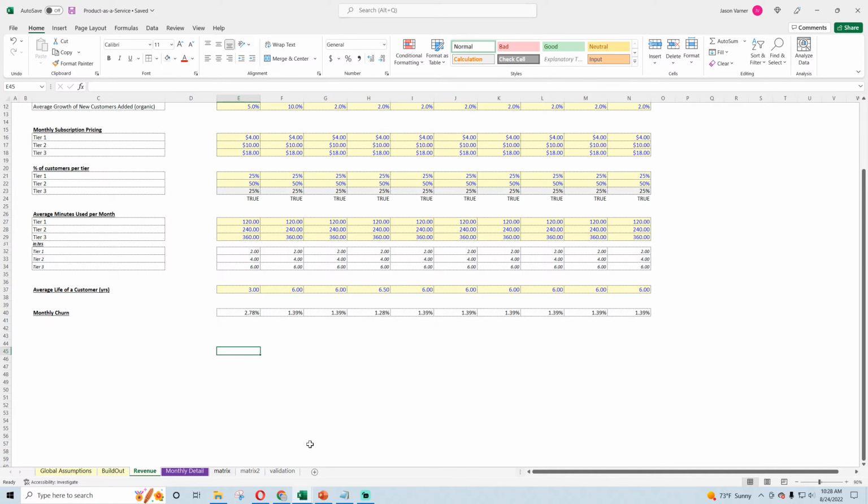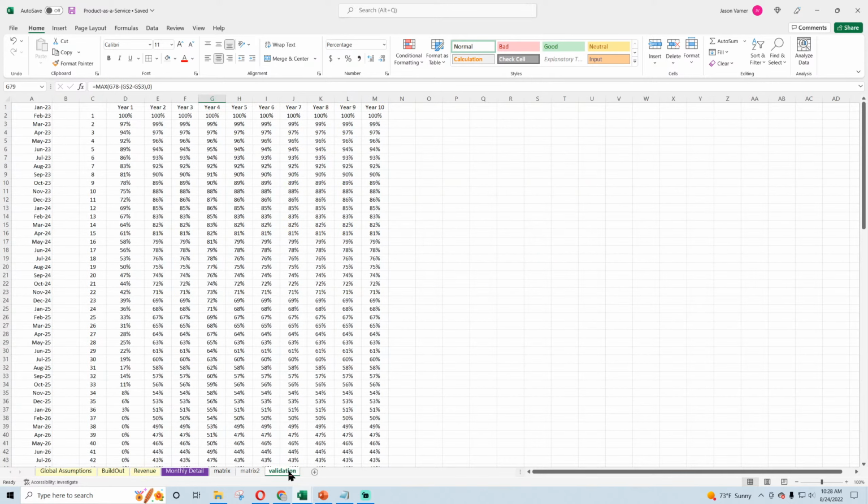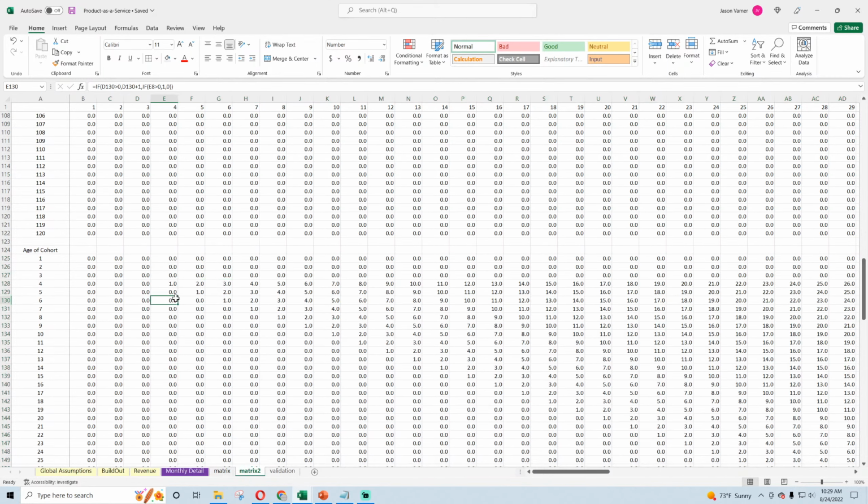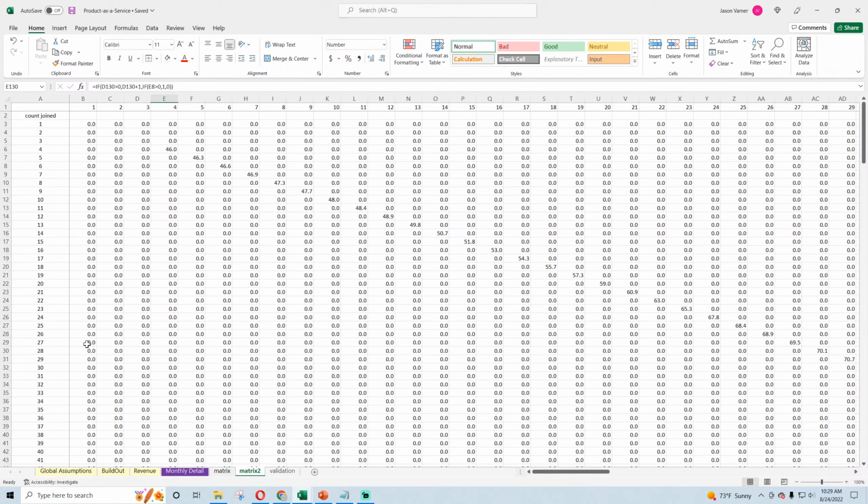If you had dynamic curves for your retention, you could just go into this validation tab and manually put in what amount of customers are left at each month point, because then I'm going to run a lookup that says what's the year, what's the month, and this percentage will give me how many is left of the total that joined every month. So that logic right there that I just explained is insanely valuable to anybody in the SaaS industry that's doing any kind of modeling that's even semi-related to this. Very, very valuable.